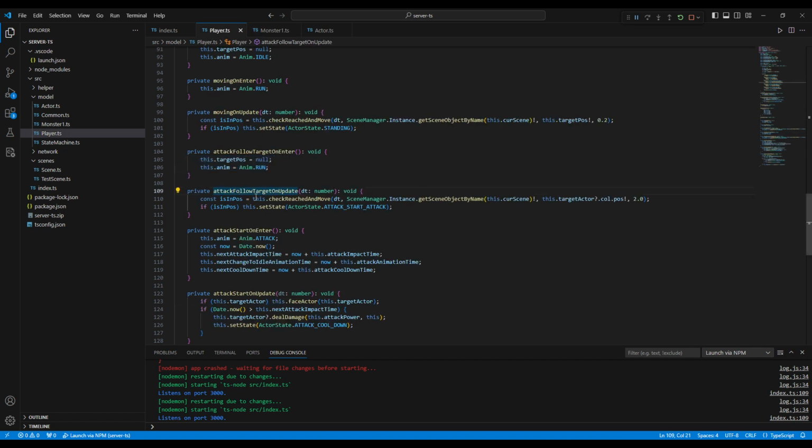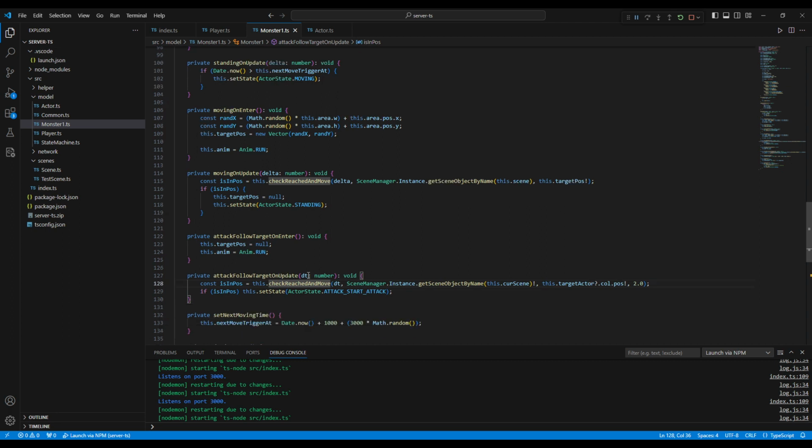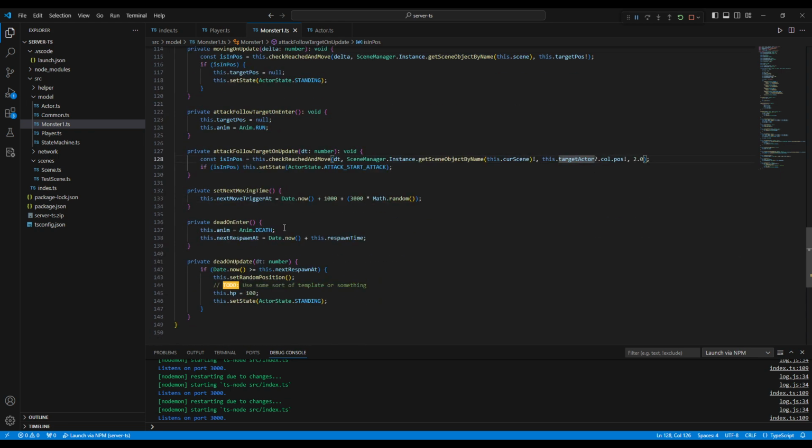And let's see what we have on follow target. Basically, I think it's also the same. So we will need to just run until we reach the target actor. The issue right now is that we didn't set the target actor in any way. So let's just get back to our